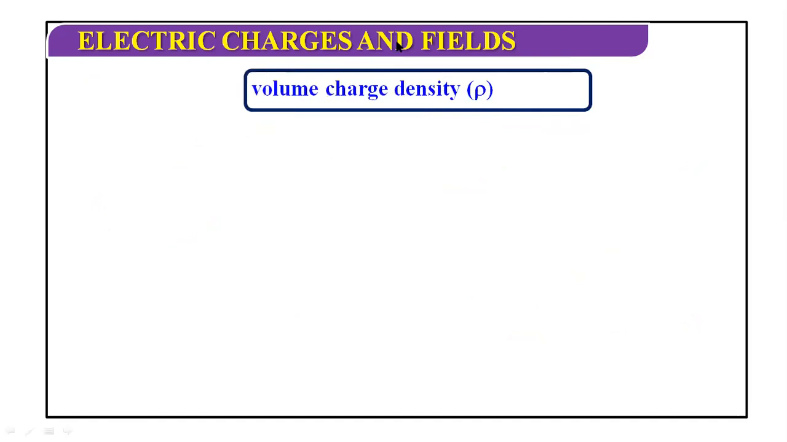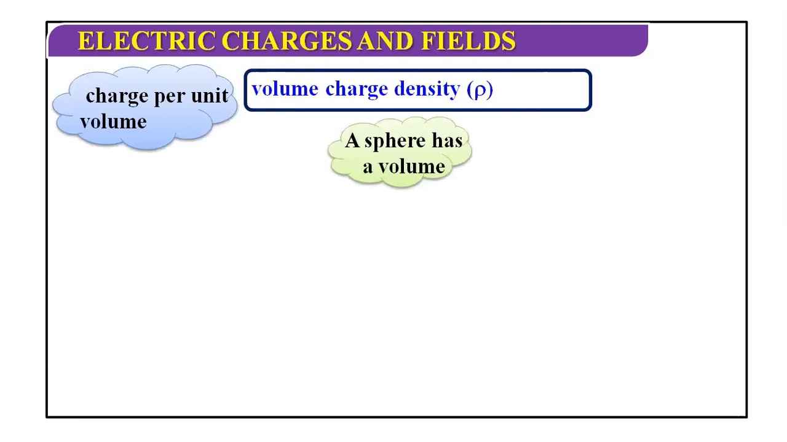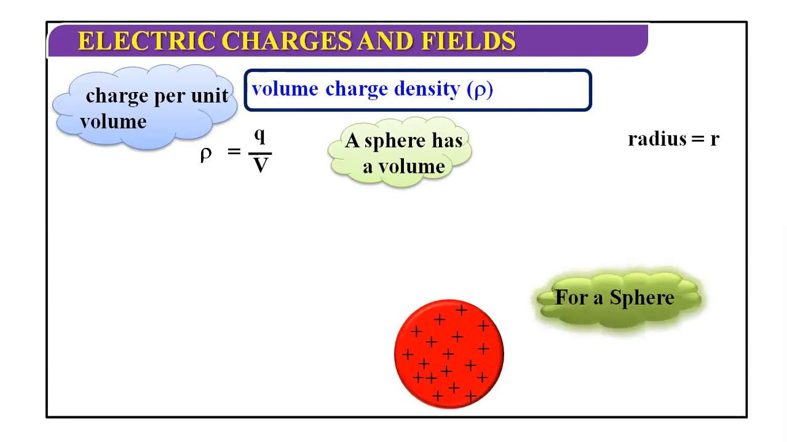Now finally, volume charge density, charge per unit volume, how the charge is distributed over the volume. So let us take a sphere having volume V. This is my sphere having volume V, radius of the sphere is R, and total charge present over the sphere is Q. Very simply we can write